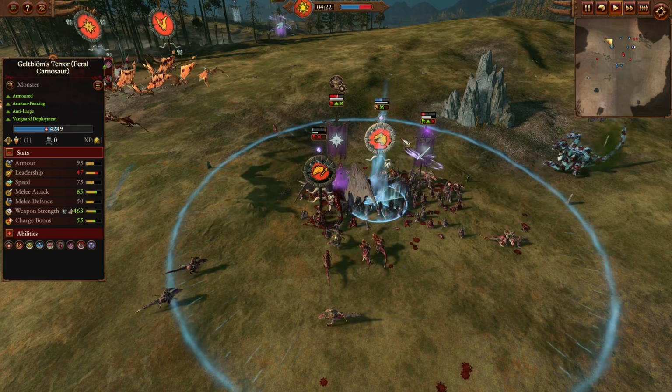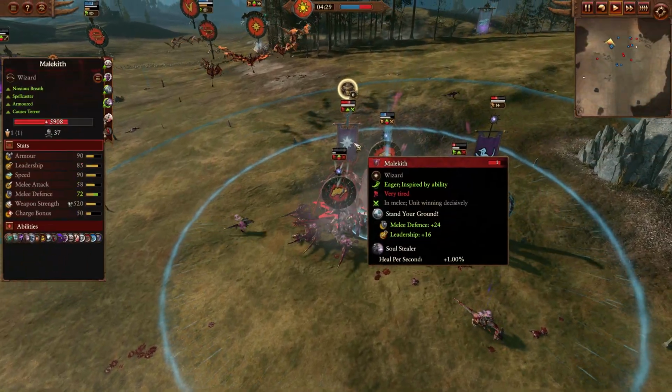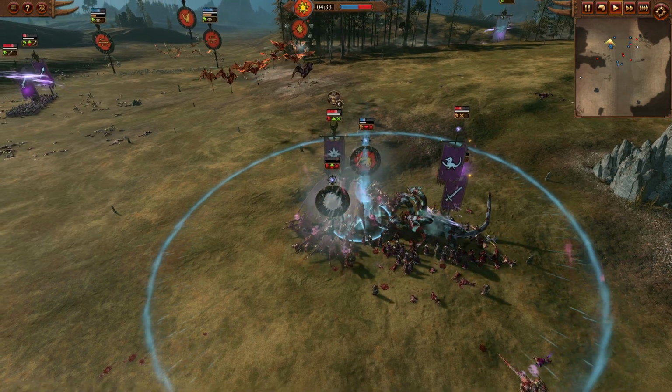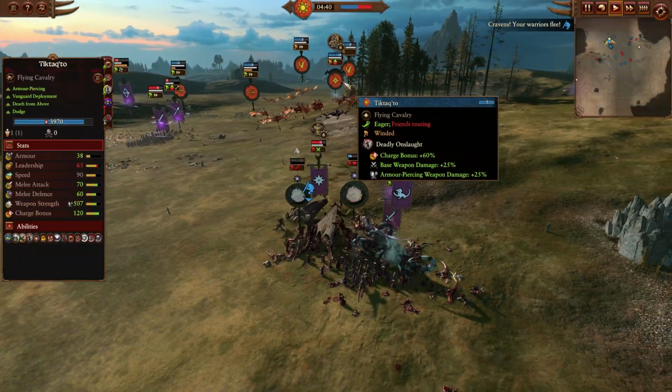Of course, 50 melee defense, pretty solid for a monster like this. Not incredible, but definitely good enough to be able to resist Malekith. The 58 attack, so he's got a decent chance to hit, but nothing too crazy. 2v1 with the Chill of Sontar's not going to be great, but with that Soul Stealer, it looks like Tic-Tac-Toe